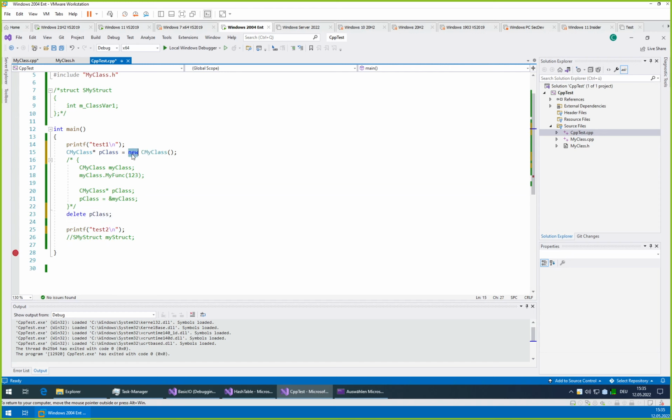So new and delete are like malloc and free in C, just in C++. You still could use malloc, but of course malloc will not call the constructor, and free would not call the destructor.